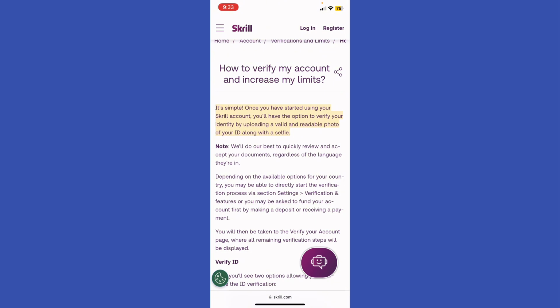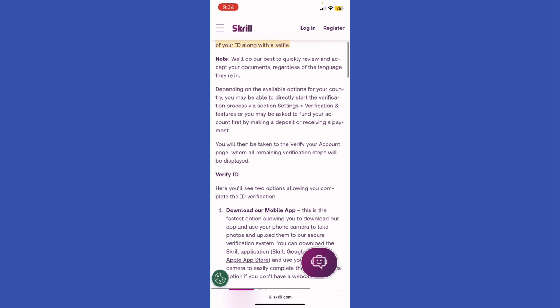in. Depending on the available options for your country, you may be able to directly start a verification process via section settings, verification and features, or maybe you may be asked to fund your account first by making a deposit or receiving a payment. You will then be taken to verify the account page where all the remaining verification steps